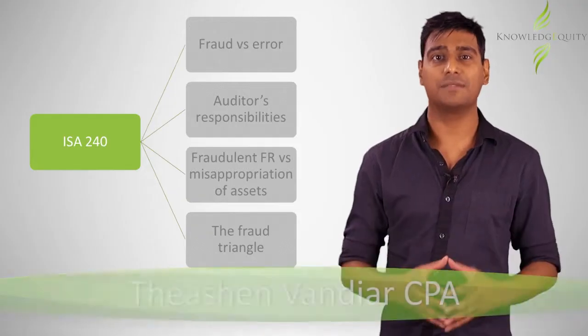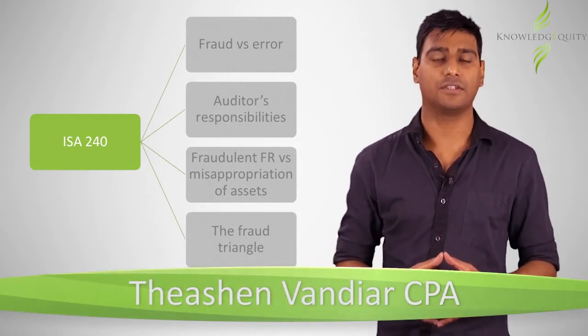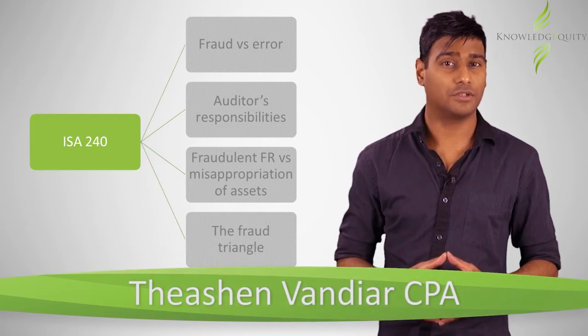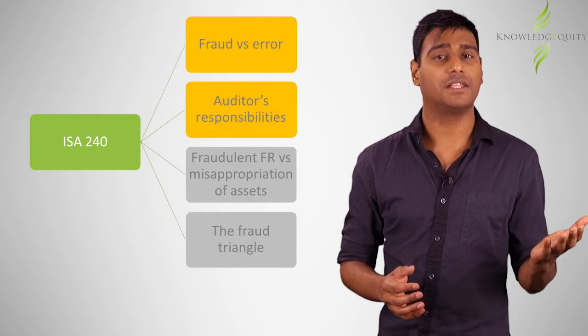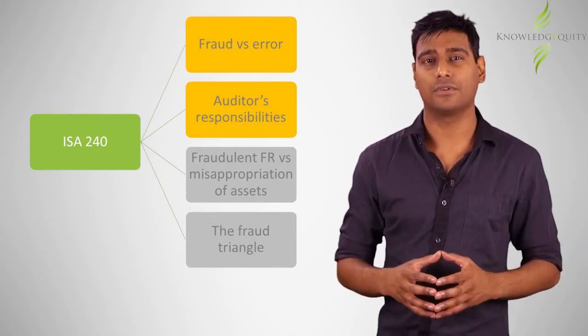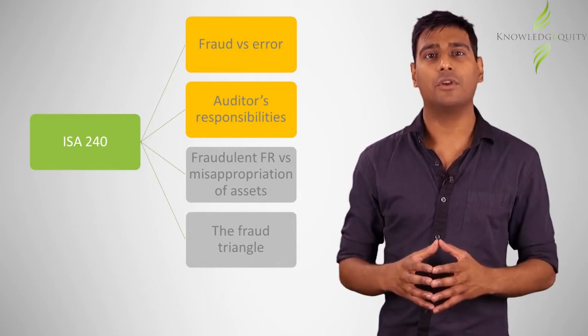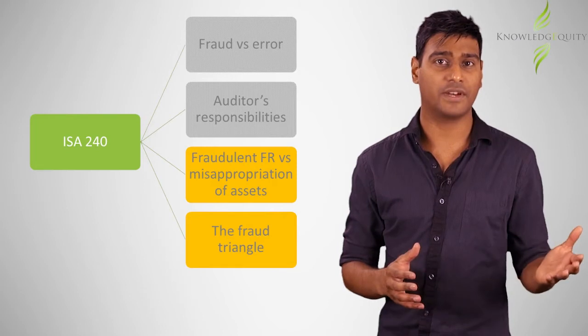There are 4 key principles or topics that you need to be very familiar with in regards to ISA 240. In ISA 240 Part 1, we looked at the difference between fraud and error, including the definition of fraud and the auditor's responsibilities in relation to fraud. In this clip, we will look at the last 2 key areas, starting with the difference between fraudulent financial reporting